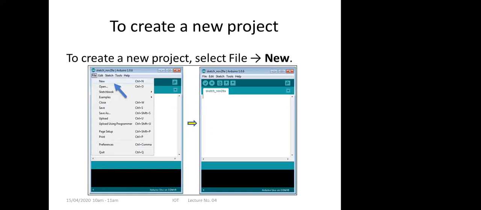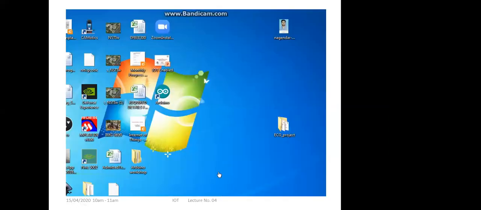See, after installation finished, directly your Arduino IDE, it will open this base one. On that, you just need to click on file, right? So that one new, this kind of thing, it will come up, and which leads to this window. Okay, I'll show you. Yes, I'll show you here how to see.